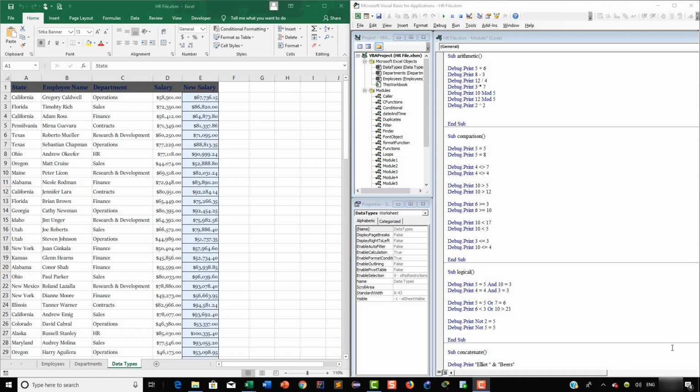Hello again. In this lesson, we will learn about pivot tables in VBA. Pivot tables simplify the way we work with data in Excel. They help us summarize and tell a story with the data quickly and easily. Therefore, it is very important that we learn how to automate the creation of a pivot table, but we have